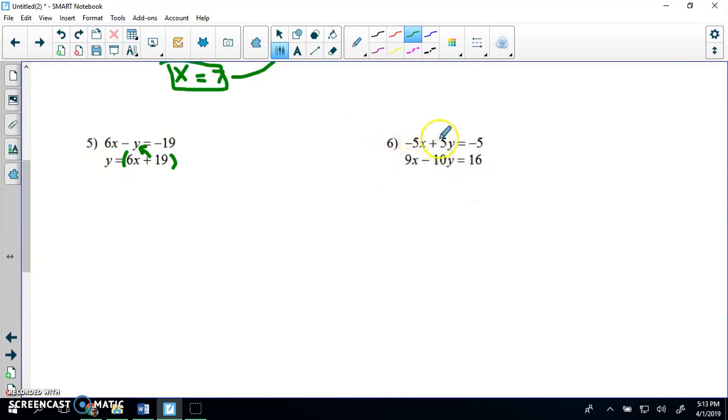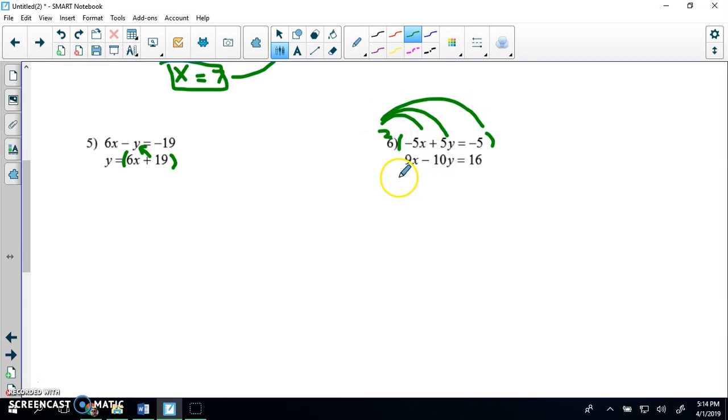Over here, there are no variables by themselves. My x's and my y's are all on the same side, so I'm thinking let's eliminate this thing. Now, I could have the x's match up, but I'd have to turn them both into 45s because 5 and 9 only goes into 45. However, my y's, I see if I could turn this 5 into a 10 easily and cancel out. So how do I turn that 5 into a positive 10? Well, I take this whole top and multiply by 2. So if I multiply that whole top by 2,